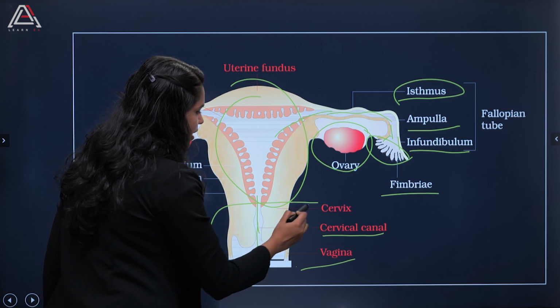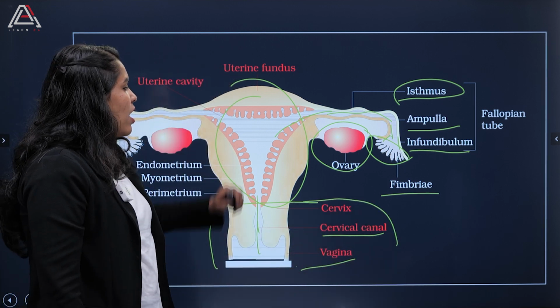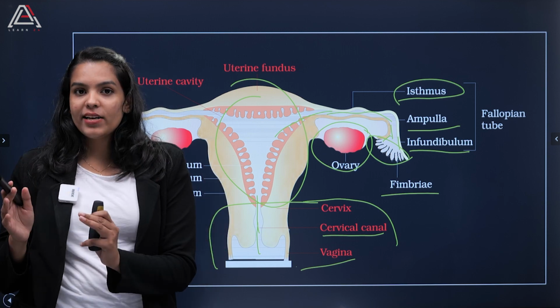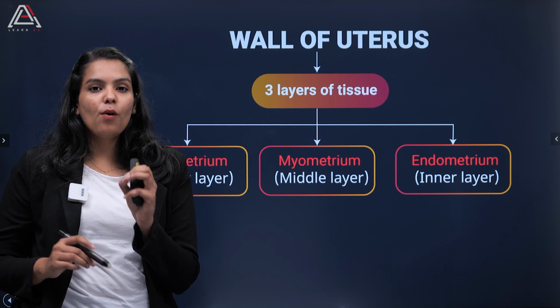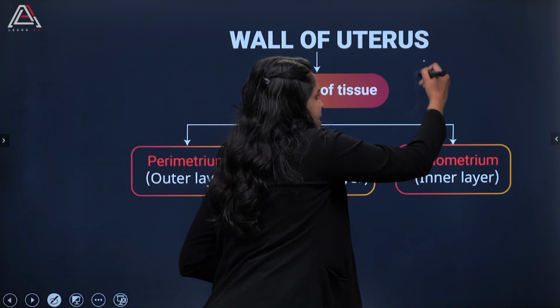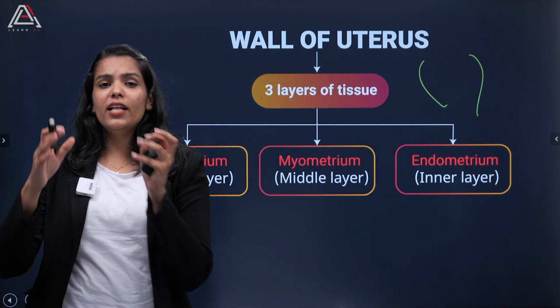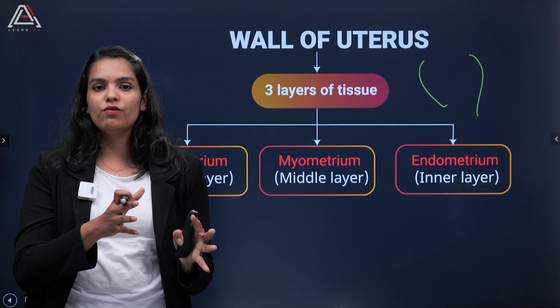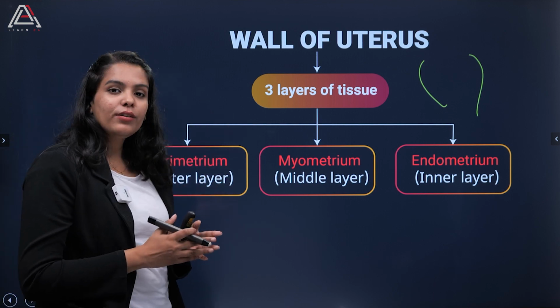Okay, so this together makes the birth canal. Alright, so these were the oviducts and the uterus. Moving on and talking about the wall of the uterus itself, the uterus wall is basically divided into 3 layers. Okay, so there are 3 layers of tissues which we can see on the uterus's wall, and those 3 layers